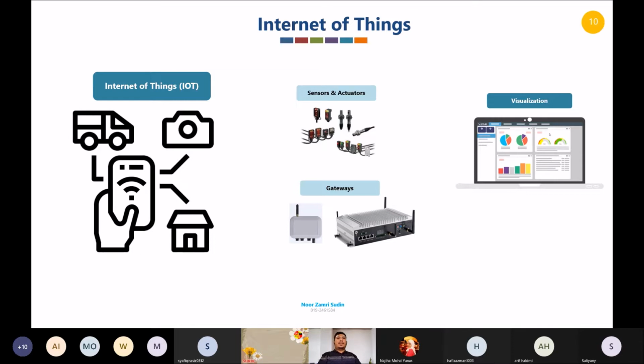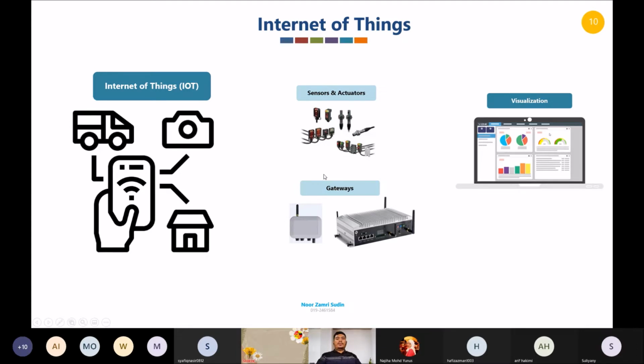We need a sensor and an actuator. The sensor is the input and the actuator is the output. We can connect them to a gateway to send the data to the cloud. By using these devices, we can connect almost anything to a cloud device or cloud service.